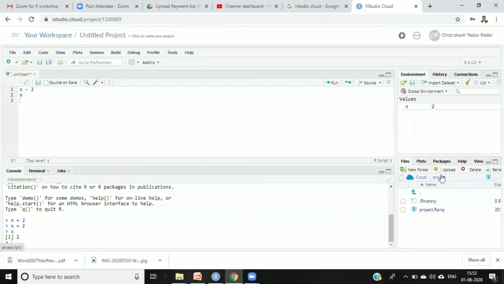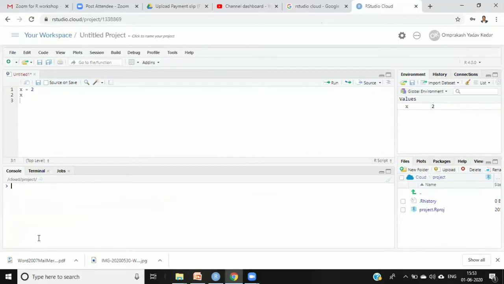Now if you see here for cloud, what I will suggest, whatever default directory you are getting, that is the project directory. For example, over here, if I say getwd, I'm getting /cloud/project. So what I'll suggest, you don't do anything over there, right? Keep the same directory as it is. From here we can set, but this is on the cloud.